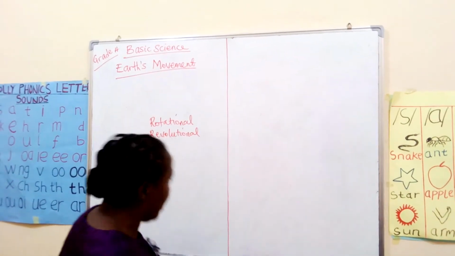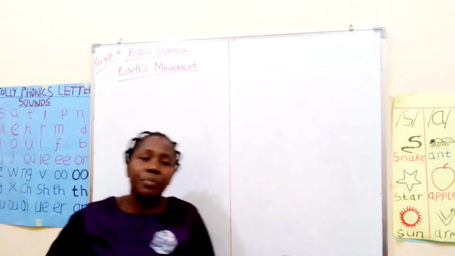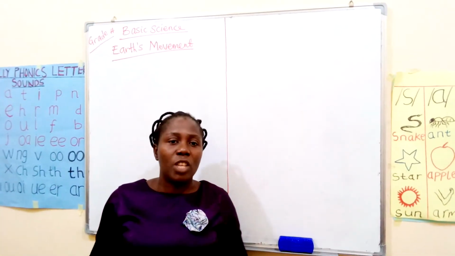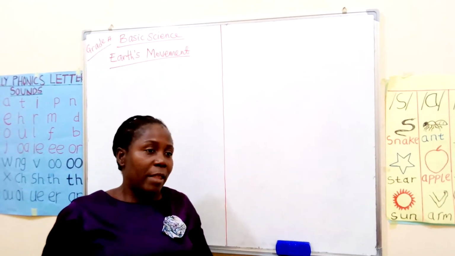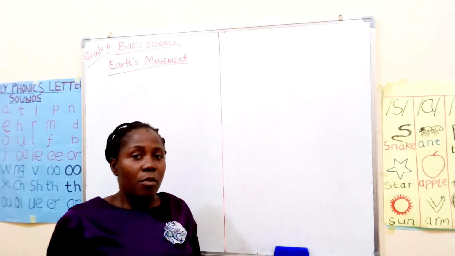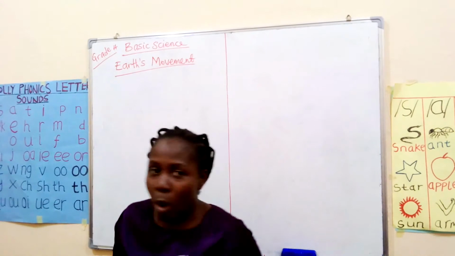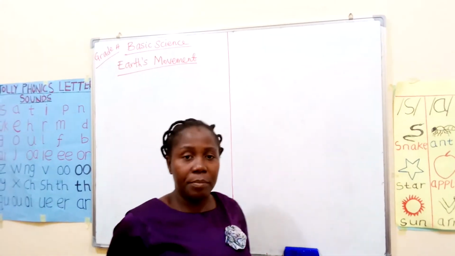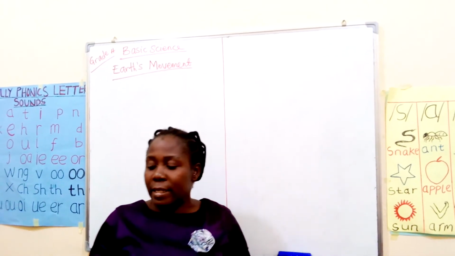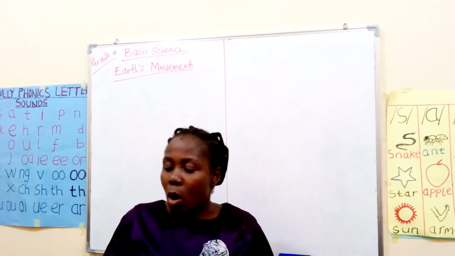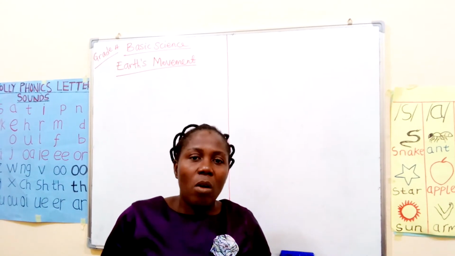Now, what do we mean by the rotational movement of the Earth? Now, when we talk about rotation, what do we really talk about? Rotation means spinning or turning at a spot. Do you get that? When you're talking about rotation, you simply put it spinning or turning as what I'm doing. I'm standing in one place, then spinning or turning. That's what rotational movement of the Earth is. So the rotational movement of the Earth is the movement of the Earth on its axis.